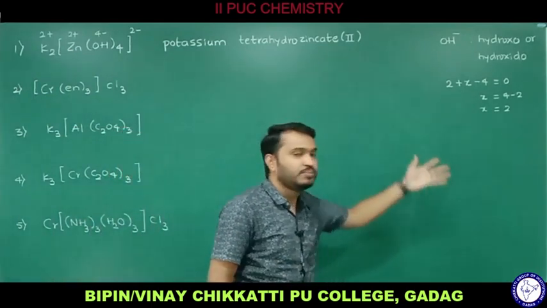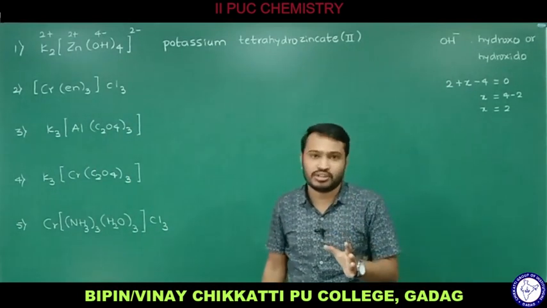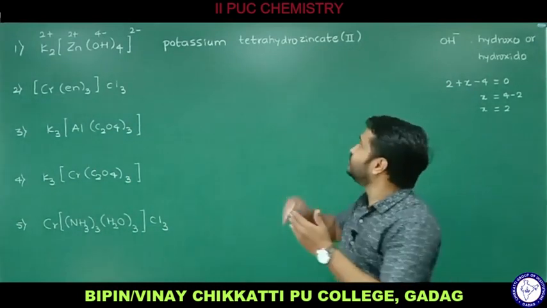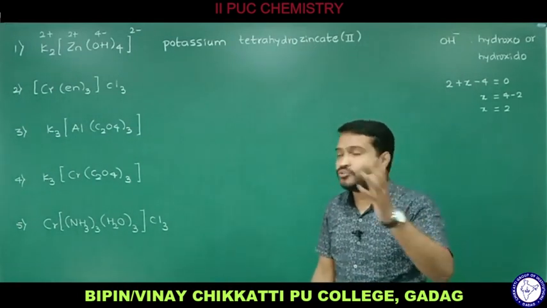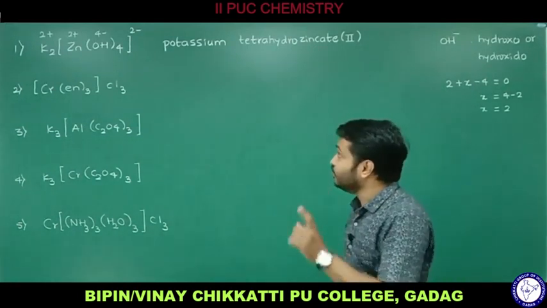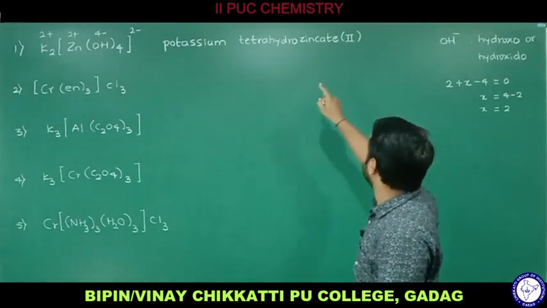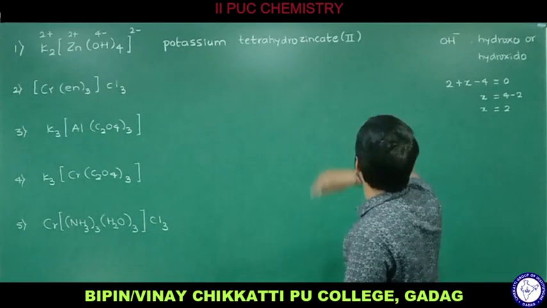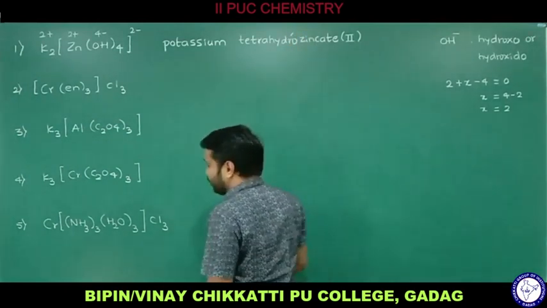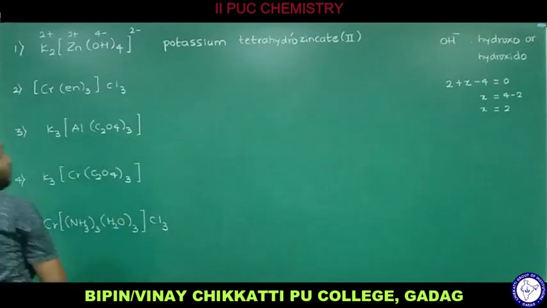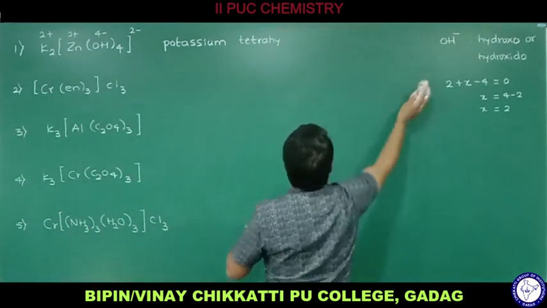You can follow this method or you can follow the direct method, but you need to get the correct oxidation number. If there is a slight change in the oxidation number, a completely different name we are going to get, and you are going to lose the respective marks for that. So here it is potassium tetrahydroxozincate. I have not written that hydroxo, so let me write that: tetrahydroxo